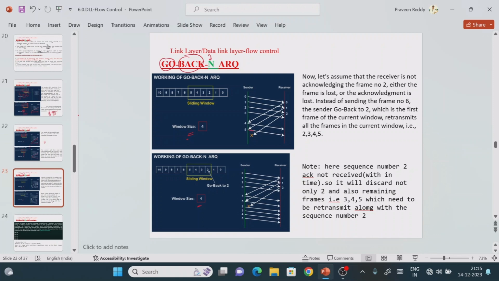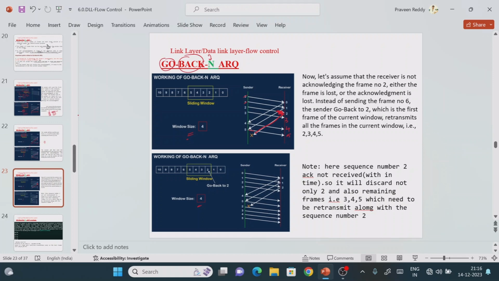Now, for example, the second one is not received. It means the second data or its acknowledgement is lost. Just consider it like this. I have transmitted 0, 1, 2, but due to some communication error, the second one did not reach the receiver. But we have sent packet numbers 3, 4 as well as 5, right? 3, 4, 5 we have sent.